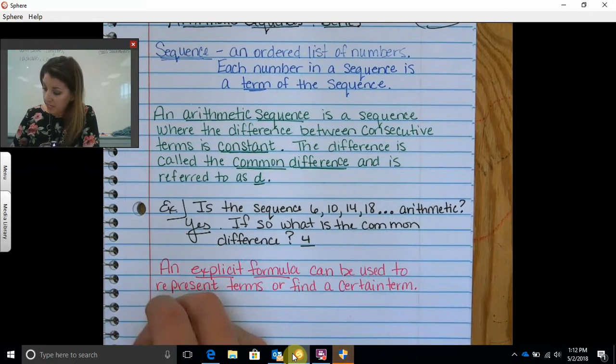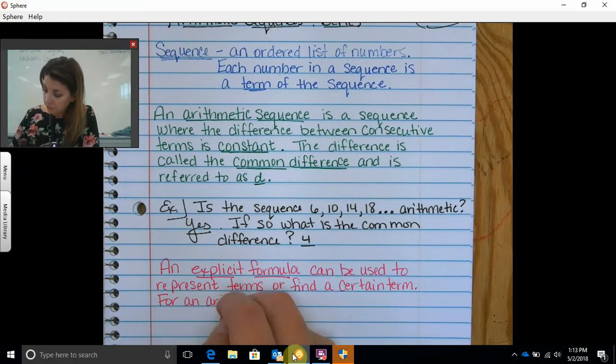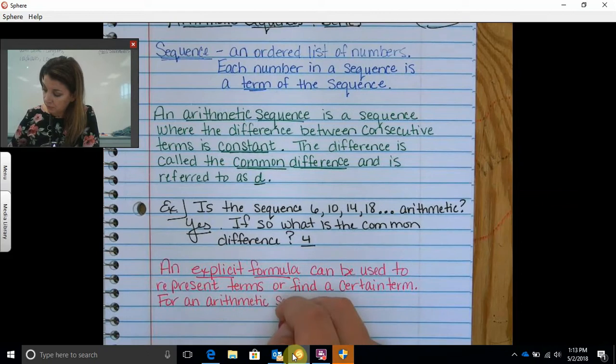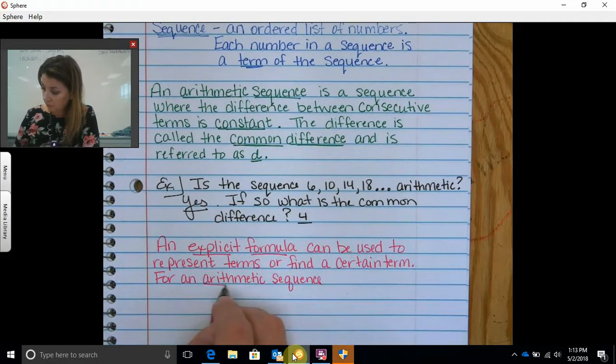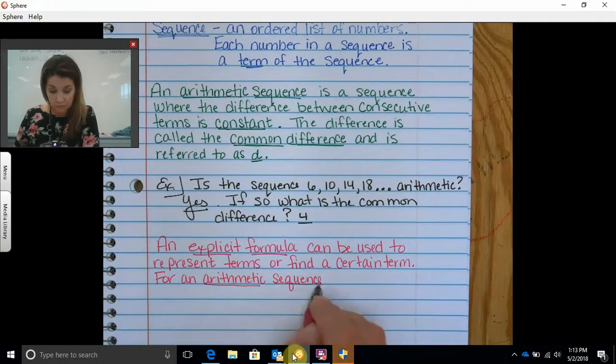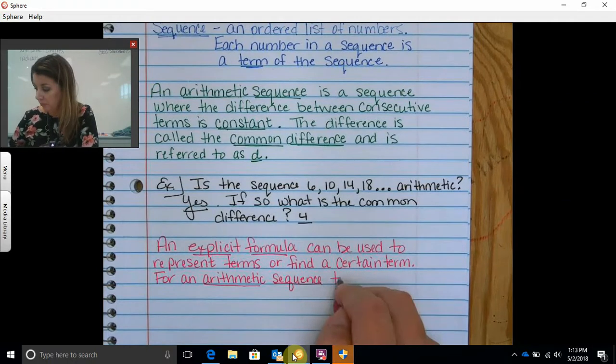For an arithmetic sequence, the nth term is given by the formula